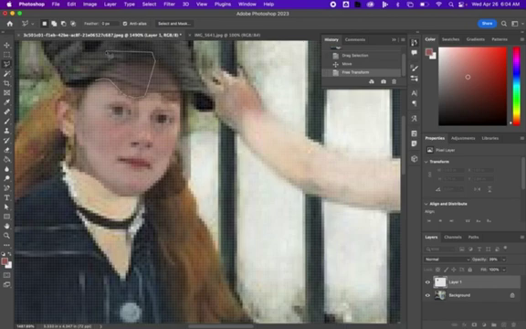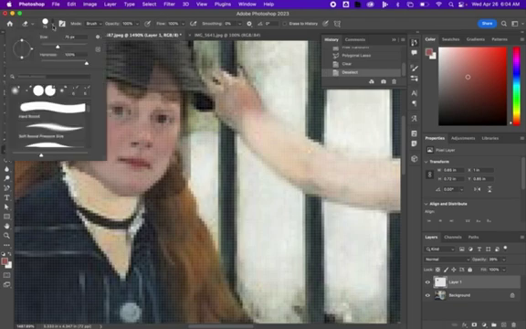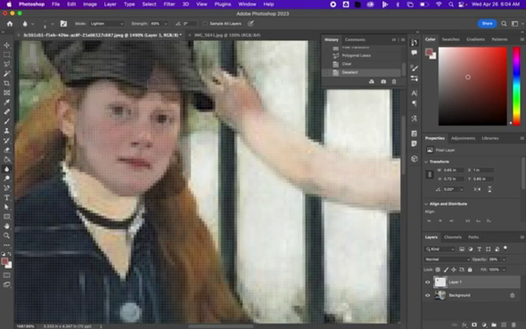So if I go up here and use the polygonal lasso tool, I am still on that layer with the face on it. I can select that area and delete it. The other option is to use the eraser tool. So you can use the eraser. You want to make that eraser small enough that it works for your space. You can pick one of the erasers that has a kind of a blurry edge to it. And that will help you